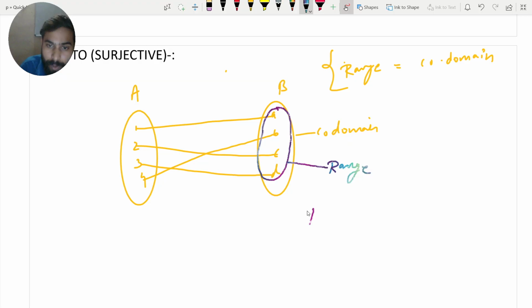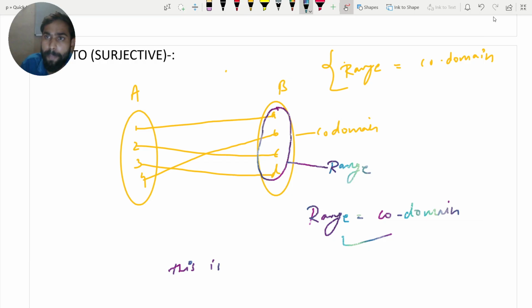So range equals codomain. The condition is satisfied. So this is an onto function.